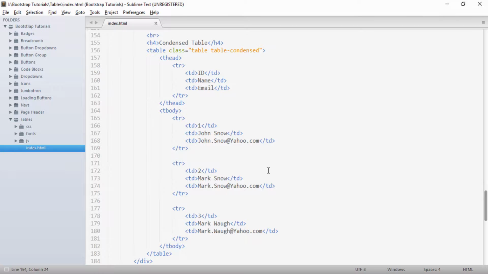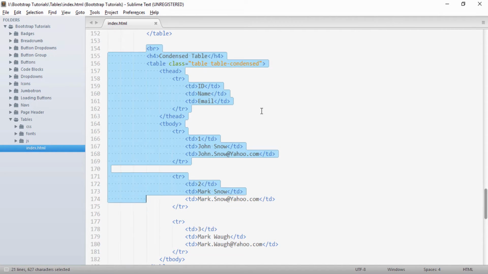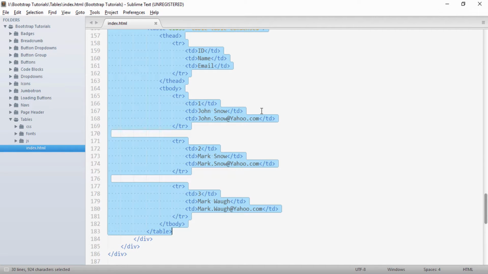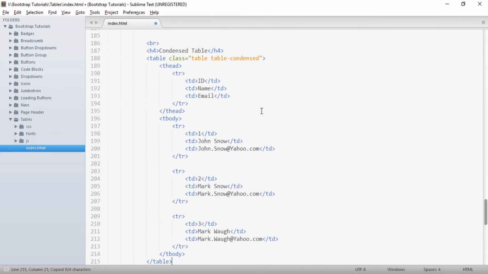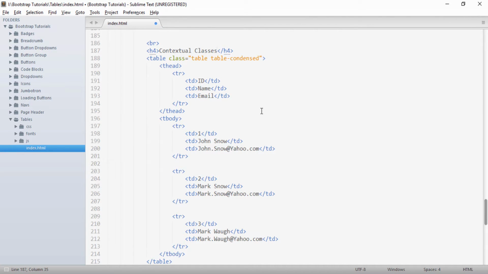So moving ahead, friends, Bootstrap also provides support for contextual classes. Basically there are 5 contextual classes, so we'll see each of them one by one. I will just copy this and paste it below, and I will give the heading as contextual classes. So what do contextual classes do? They provide a normal coloring to our rows and columns. So the classes available in Bootstrap are